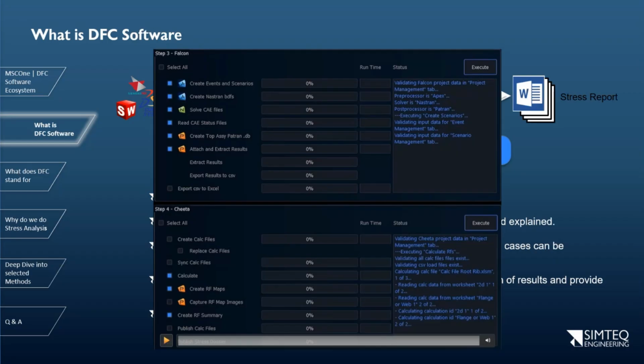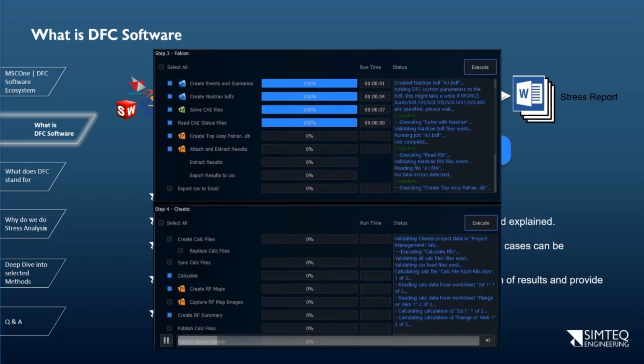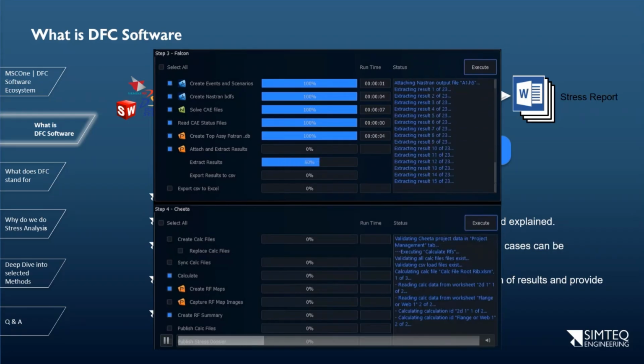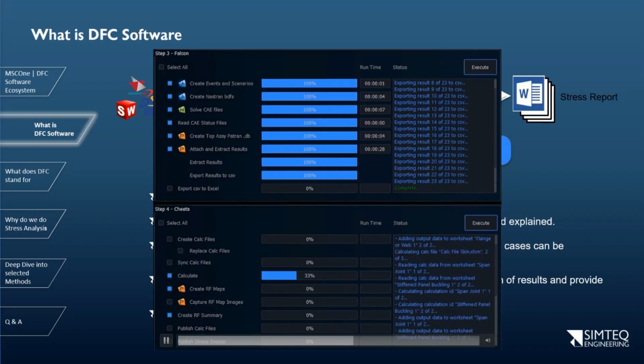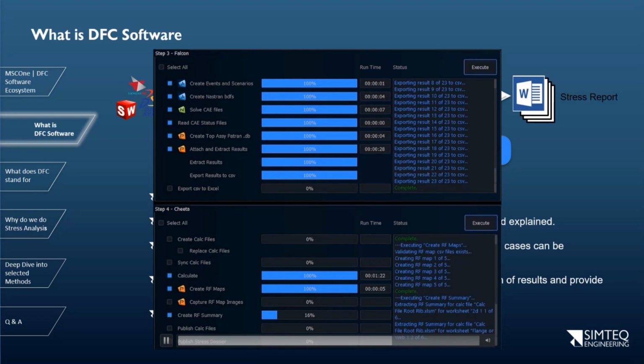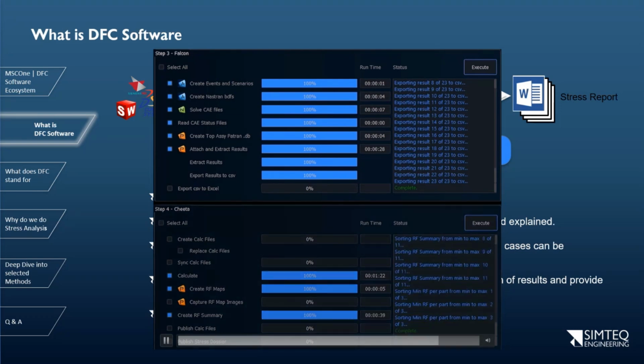Ultimately, we want to get to a stage where we have FEA models and we can use a single button to create the events and the scenarios, create the BDFs that are being solved in Nastran, create the calc files, calculate the calc files, create RF maps, and do all that in a standardized, structured method. So that's the dream that we are heading towards, and we'll go into the detail of that today as well with regards to the calc files or the methods associated to